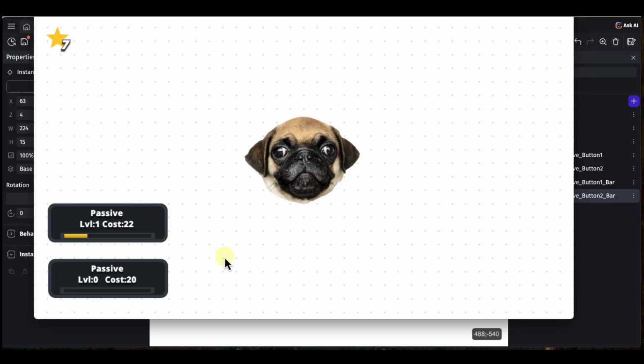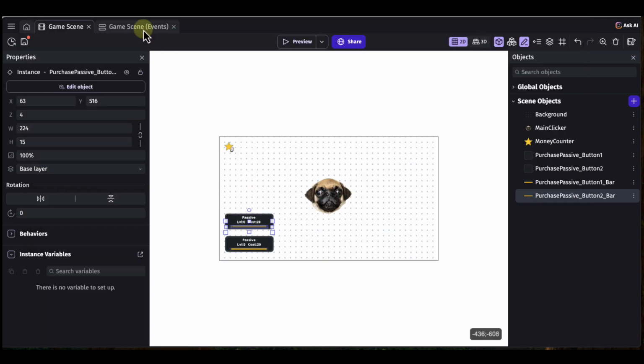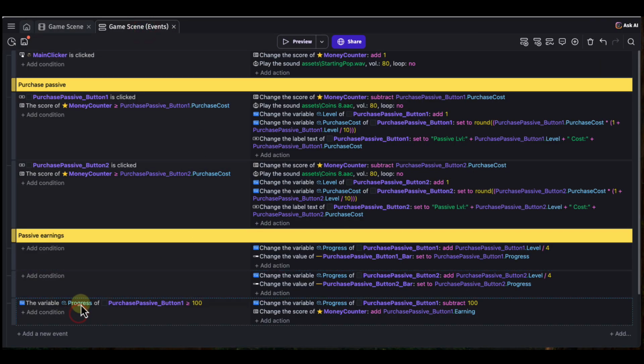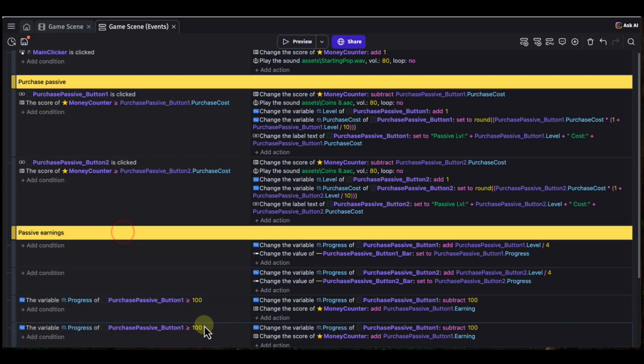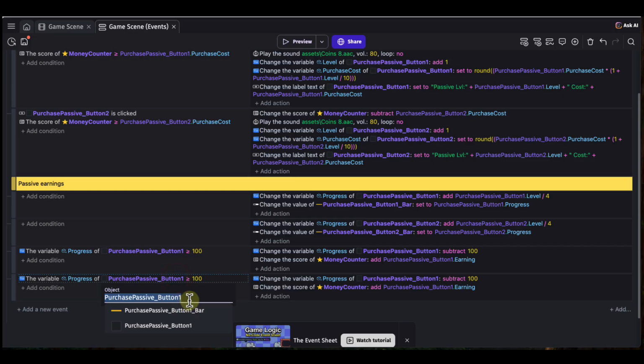There, it works. Okay, so not much point in having two buttons that do exactly the same thing and cost the same thing. Oh, and this one's not resetting either. That's interesting. Why is it not resetting? Probably because we need to copy this thing also. Copy, paste. Okay, and then switch that to